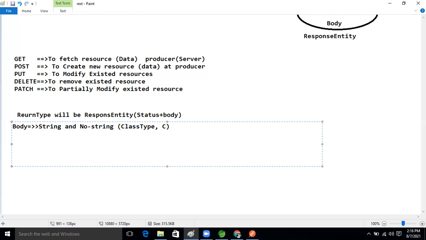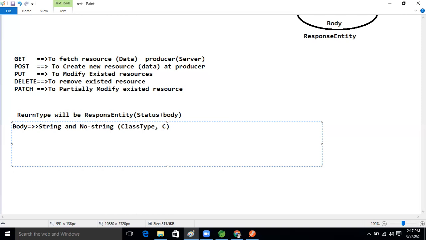Guys, from here onward I'm going to compare RESTful with our Spring MVC concepts. Whatever functionality works in Spring MVC, I will compare each time. In Spring MVC we write this code, and in RESTful services we write this one.